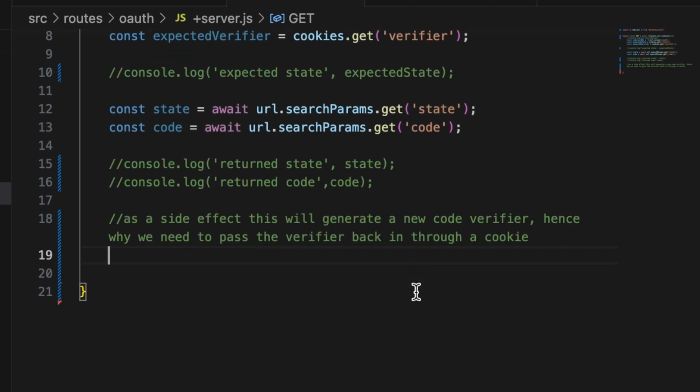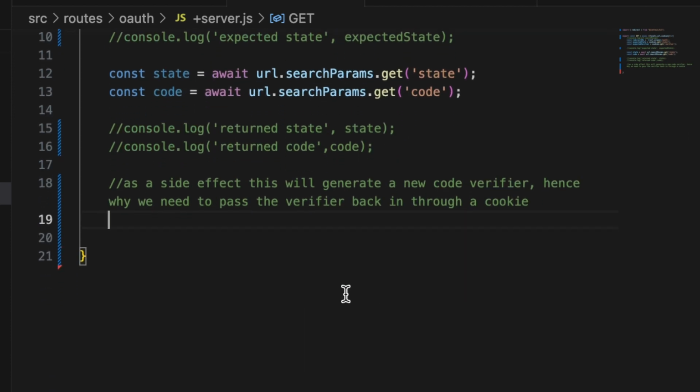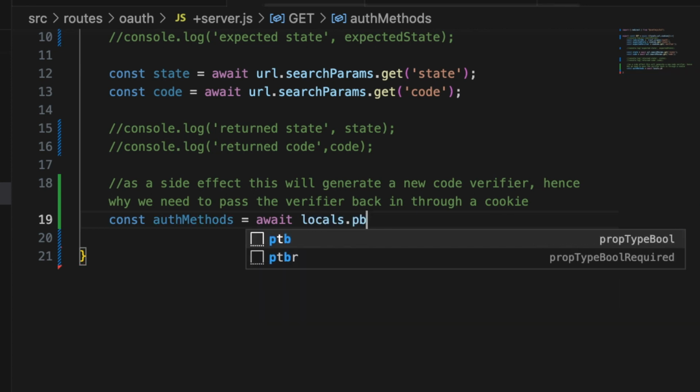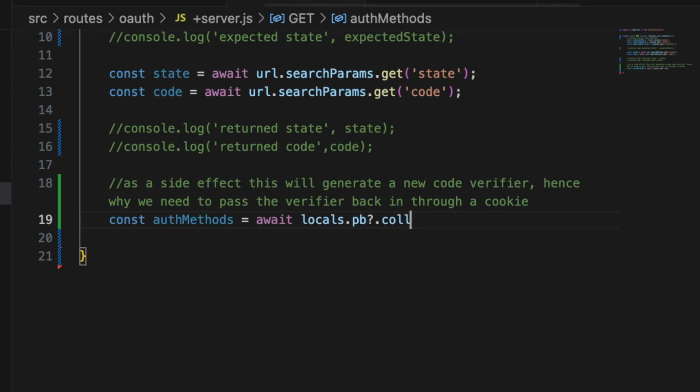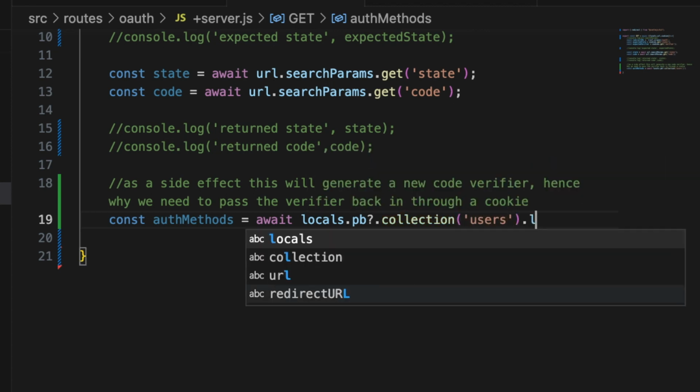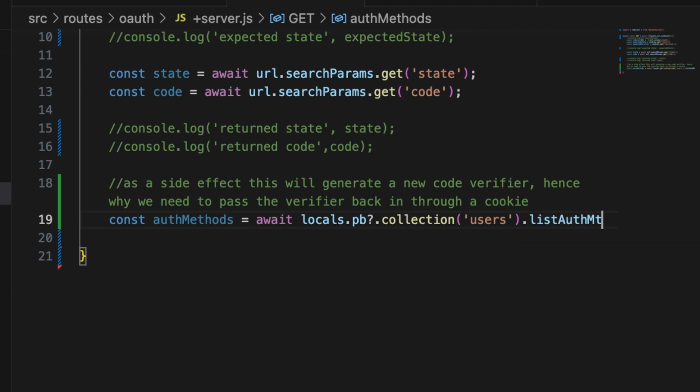Alright, and then we're going to run the list auth methods again. So const authMethods equals await locals.pb.collection, and we're selecting users, .listAuthMethods,